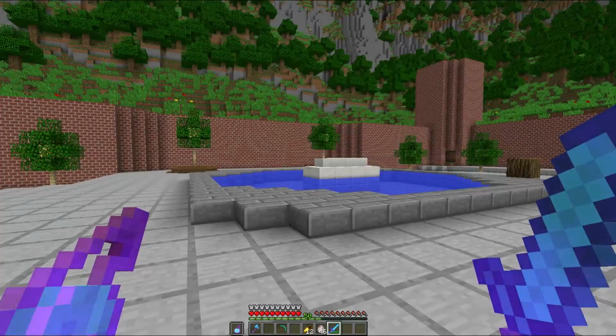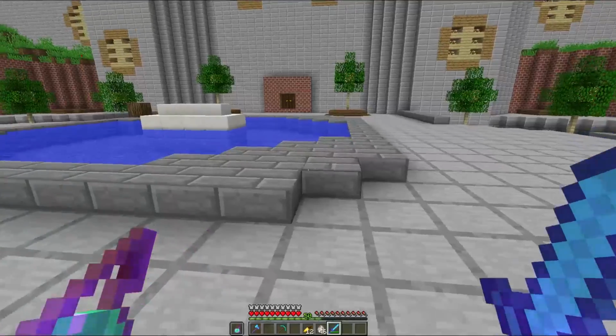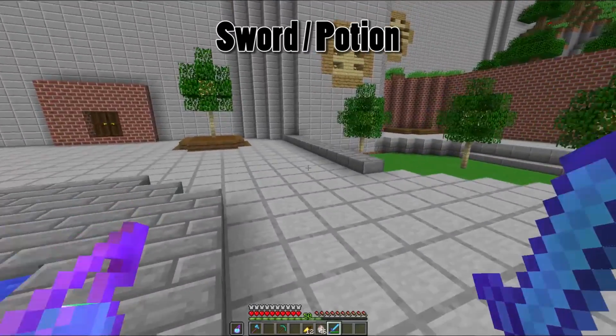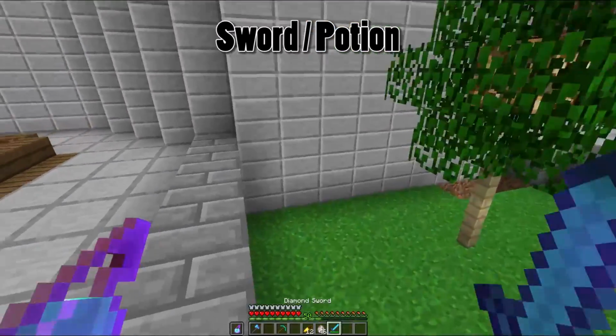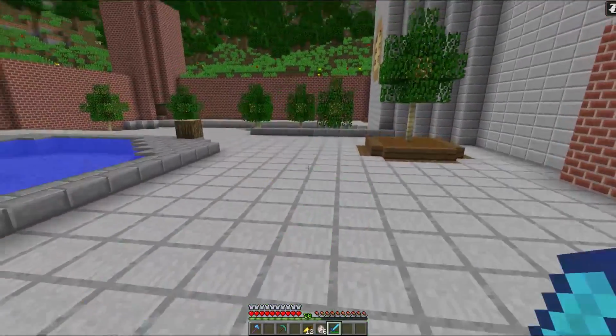Because some people are kind of like, so what is the best one? So one of the really cool ones we'll start with here, I guess, because it's already out, is actually going to be the sword and the potion. Before this update, you had to switch out from your sword temporarily to hit people with the potion. Now you can be hitting people and then suddenly throw it forwards and do that, which is handy